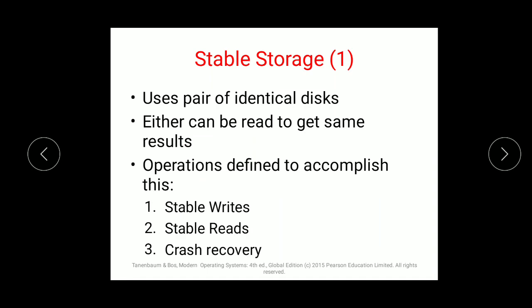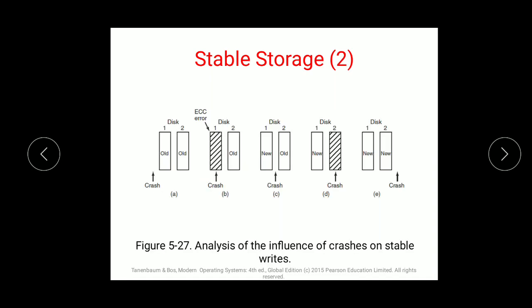In crash recovery, if crashes occur, both disks' corresponding blocks are scanned. Both identical disks working as stable storage will be scanned for processing. This is the scenario analyzing the influence of a crash on stable storage. If a crash occurs, it will corrupt the data, and a new independent disk will be shown, same as the first disk, duplicating the disk over the storage so that the system can manage the storage level for protecting the data over the network.